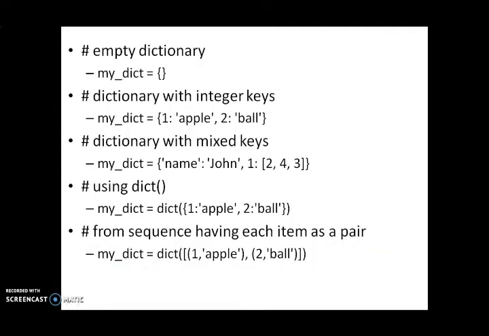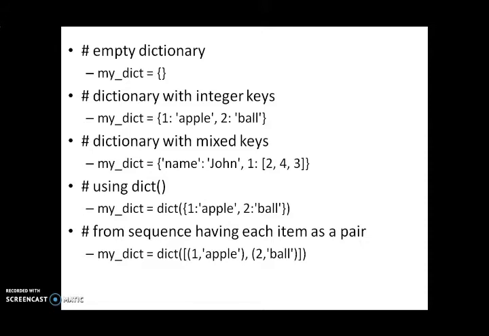That is the only thing we have to concentrate on here. So we can see how to create a dictionary. You can see the first thing represents an empty dictionary. So my_dict, that is your dictionary name, is equal to curly braces. It represents an empty dictionary where we are not having any data inside the braces. Next we are having integer keys, that is 1 represents apple, and 2 is the key for the pair ball. So here we have used integer keys, that is 1, 2, where the data we have given is string.